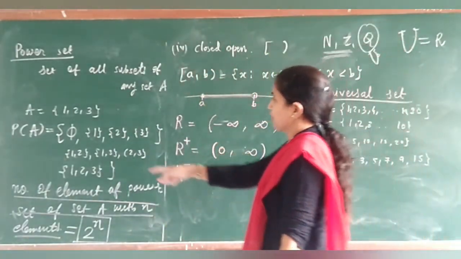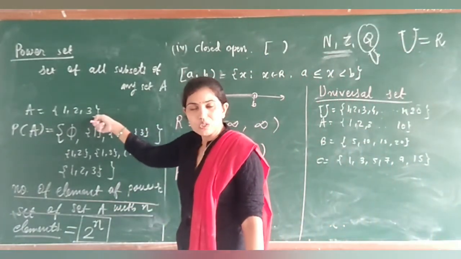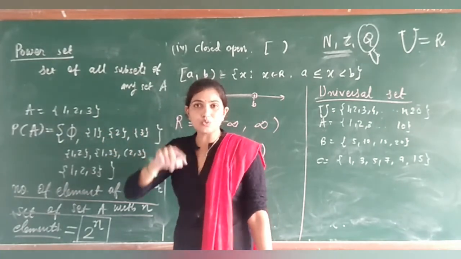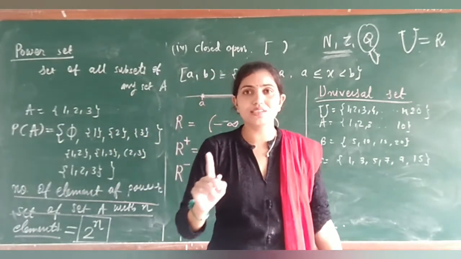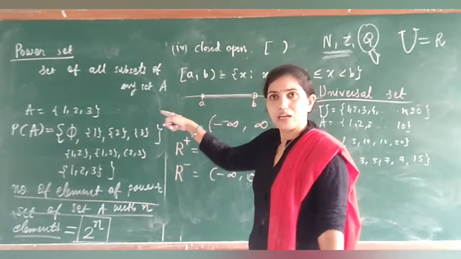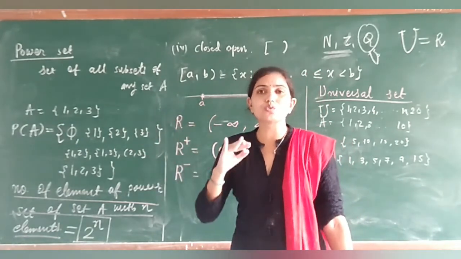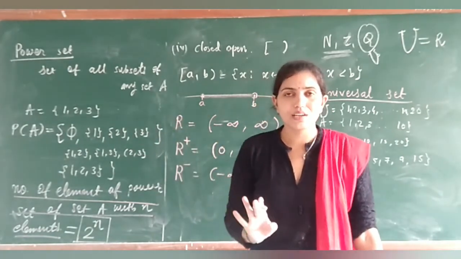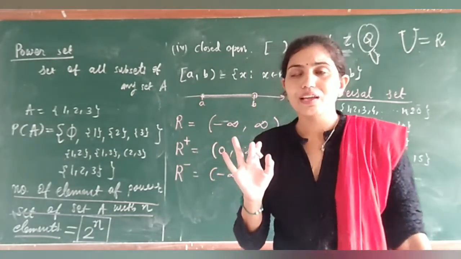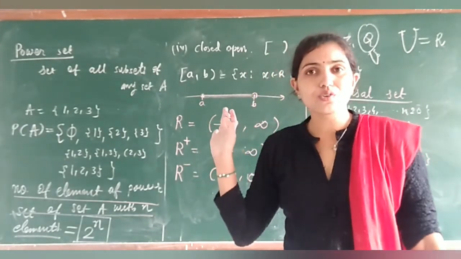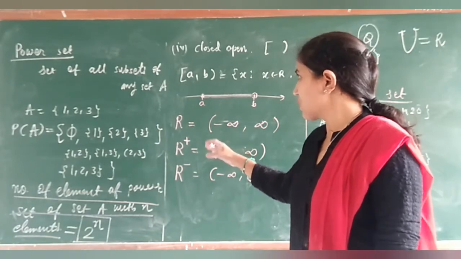यहाँ पे आप देख सकते हो A has the element 3, तो उसके पावर सेट में कितने एलिमेंट हुए 2 raised to 3, that is 8, right? अगर यहाँ पे 4 एलिमेंट होते तो you will write down like 2 raised to 4, that means 16. तो वहाँ पे 16 एलिमेंट आएंगे. So for the checking it, so it is easy and remember these all things.